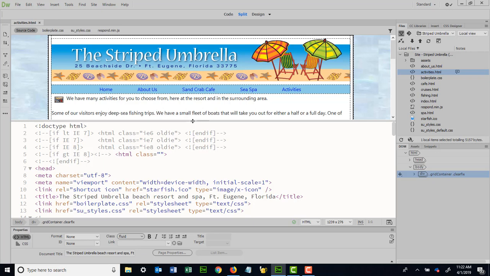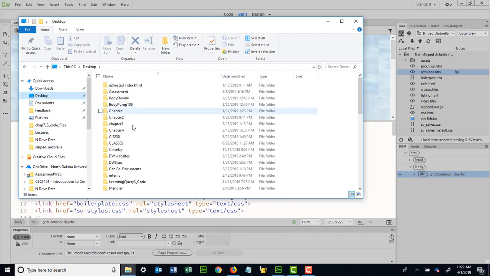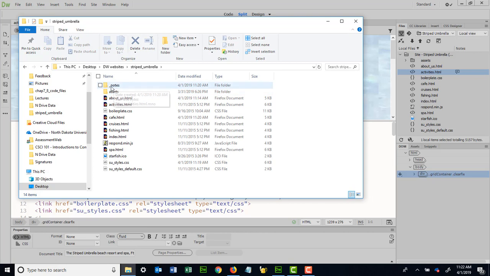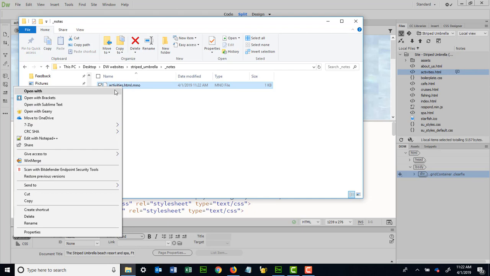Okay, now let's look at our File Explorer for Striped Umbrella. So Striped Umbrella, and now I have this underscore notes file. So it's under for activities. If I were to open this up,